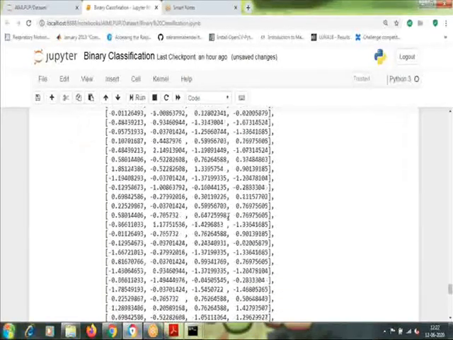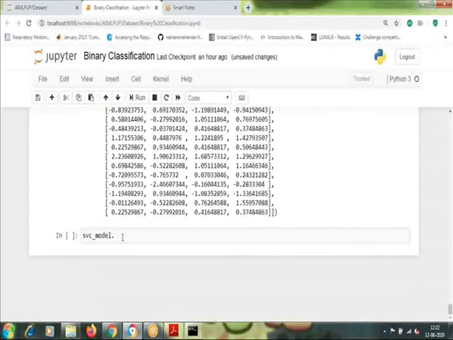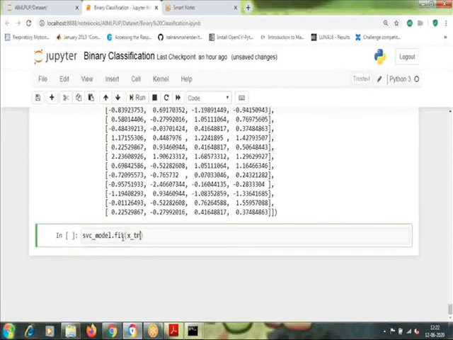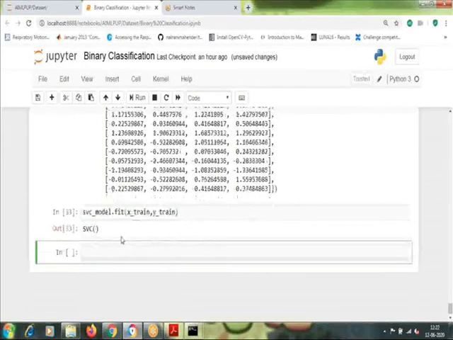Okay, so we already have the SVC model. What you need to do is just fit it with our new data set, and that is done. Now you can use this for predicting on our new data set.